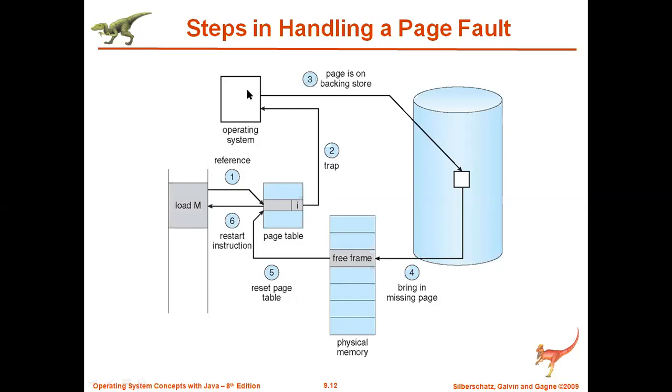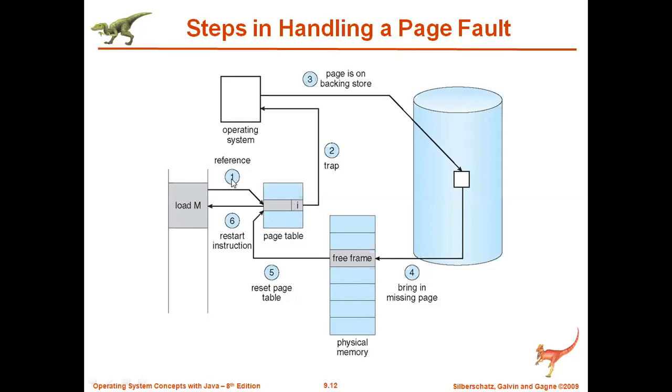Then the operating system understands that a page fault has occurred. Then it will contact the secondary storage and check whether the page the CPU is looking for is there. If it is there, it will bring it to the main memory. Once it brings it here, it gets the frame where it has stored it, that frame number will be stored back here, and then this I will be changed to V, and then the access will be given to the CPU.